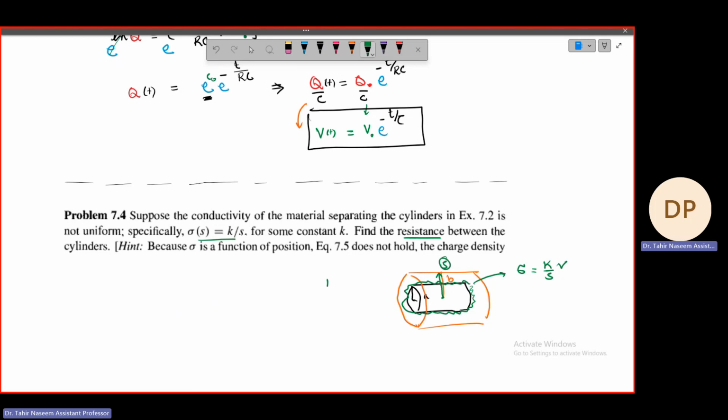ठीक है, तो ये है। और अब हमने रेजिस्टेंस फाइंड करनी है और सो आई एम राइटिंग डू yourself। सो इसको ट्राई करें खुद से करने की।